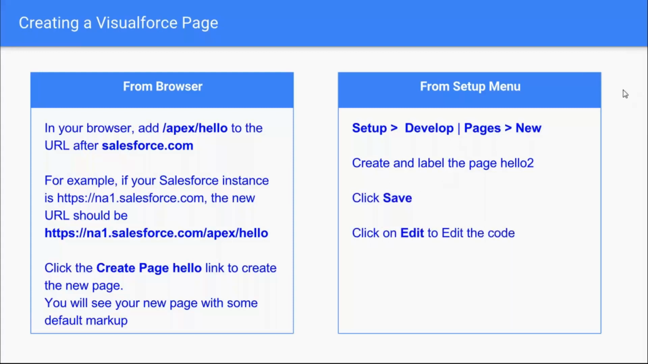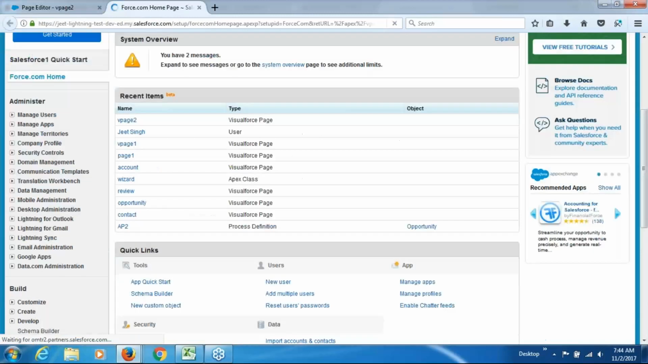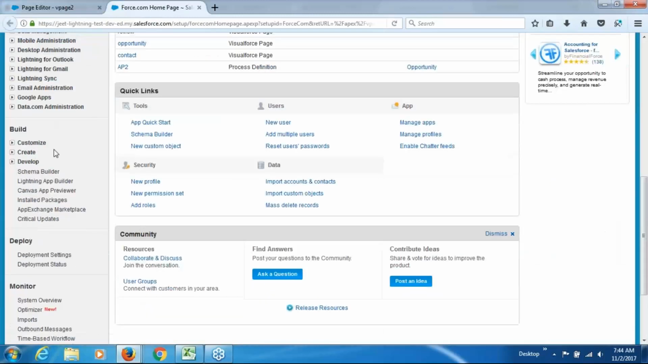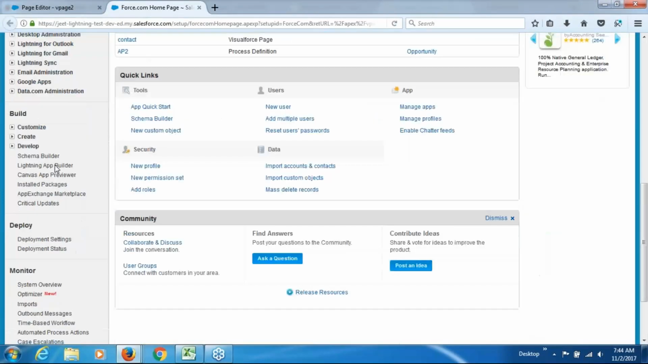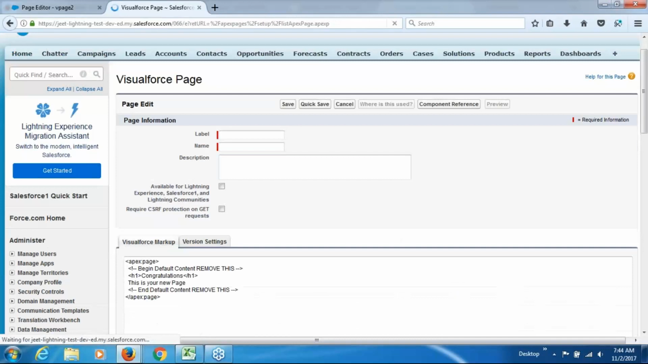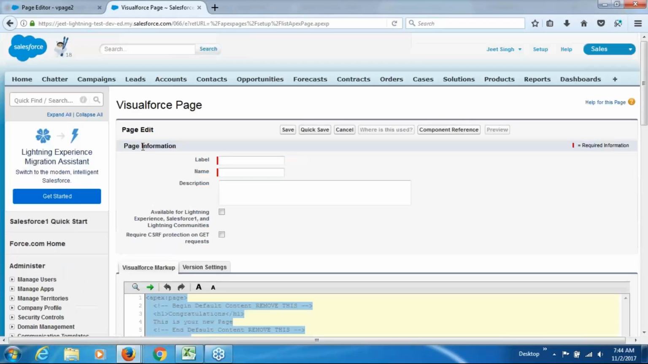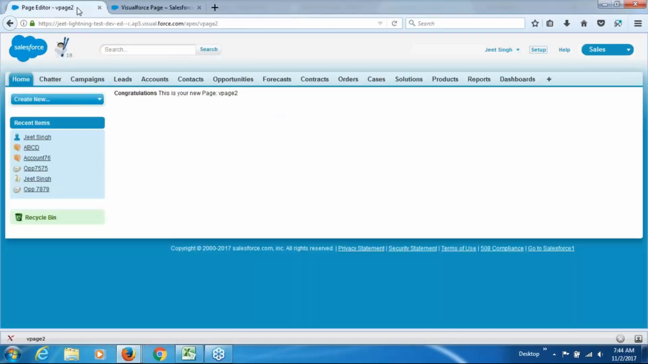Let's have a quick look into the setup menu option. Okay, so we can create a page from here. We can create a page from the setup menu as well. So you can just go to setup, under setup, develop, Visualforce pages. You can click on new. Yeah, you just put a label and a name for the page, and this is where you write the code. And you finally save the page. Right, so this is one more option. We are going to use this browser option on most of the cases. This is the one which is used